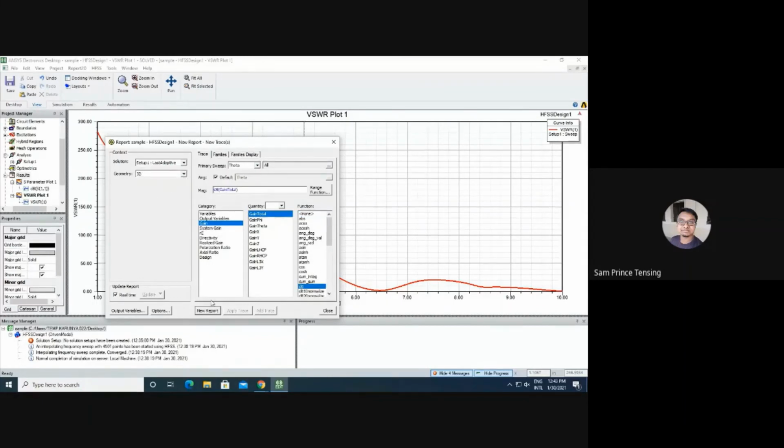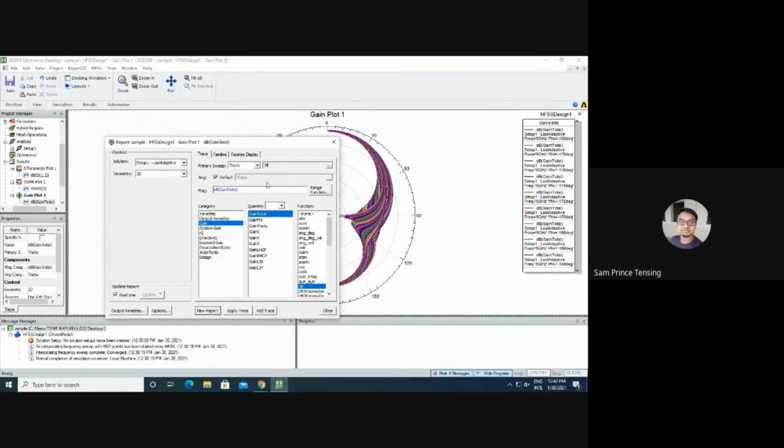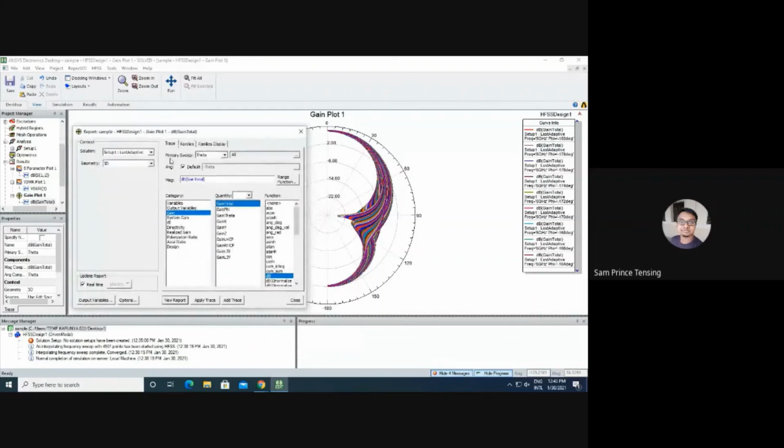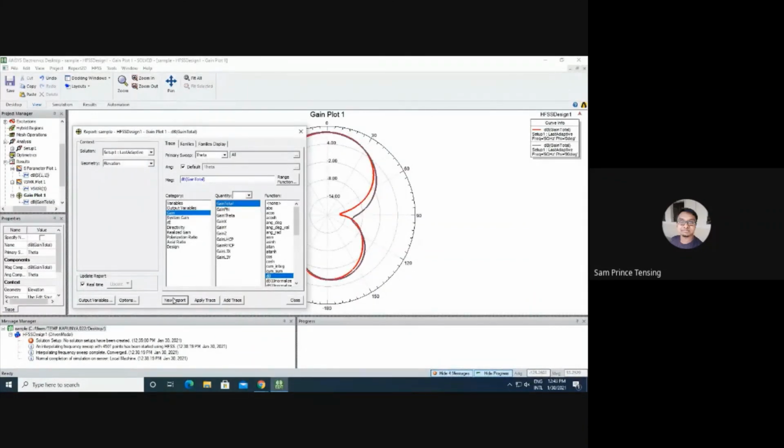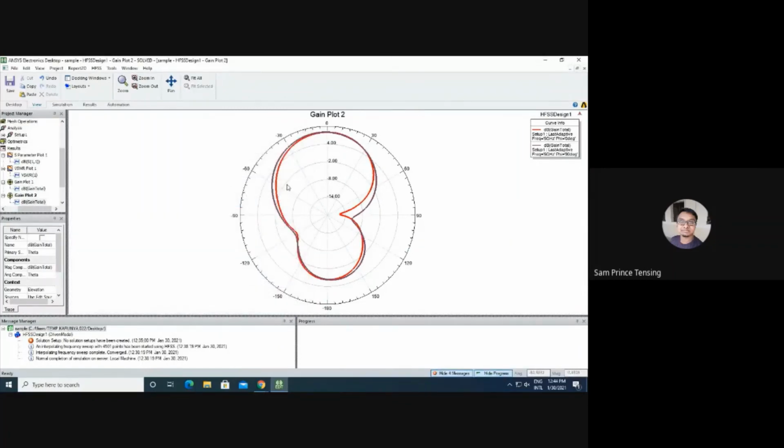You can keep this in dB, new report. Here you need to change the geometry to elevation. Now we can see the gain when phi is equal to 0 and phi is equal to 90.